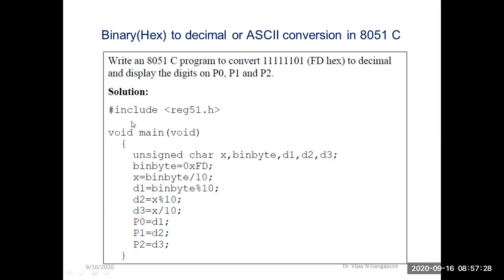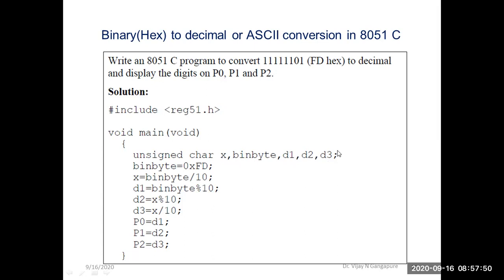Okay, so see here, include reg51.h, void main void, in a void function. This is the first declaration statement. Unsigned char. Okay, we are declaring 1, 2, 3, 4 and 5 variables. Okay, so these variable names are x, bin byte, d1, d2, d3.